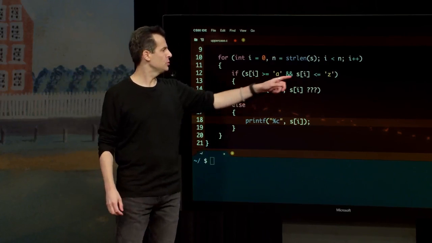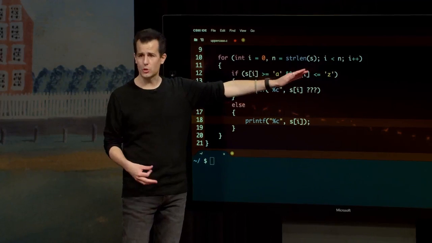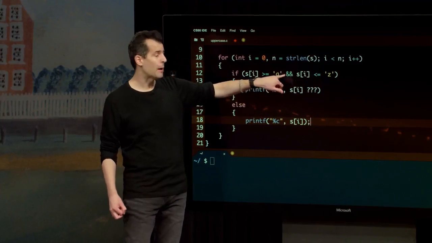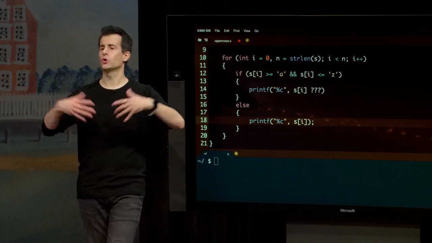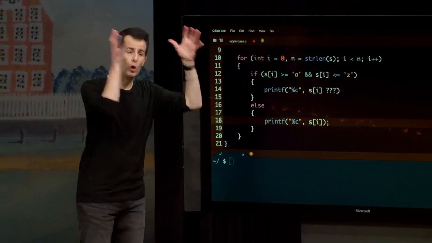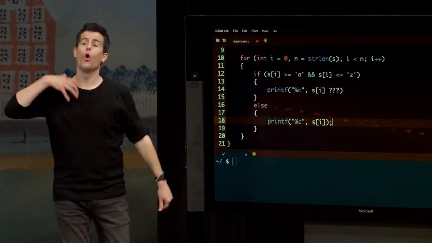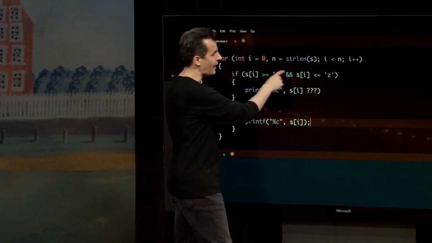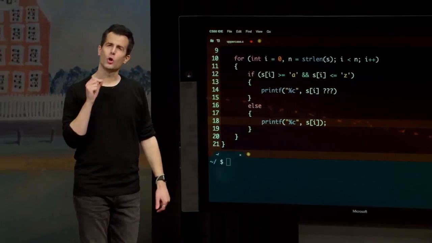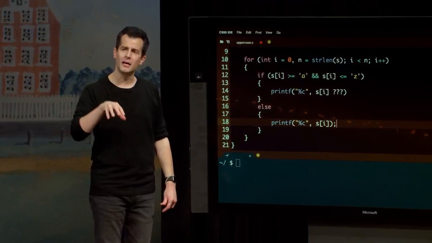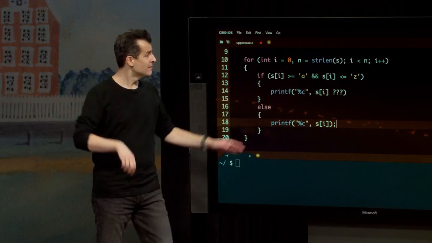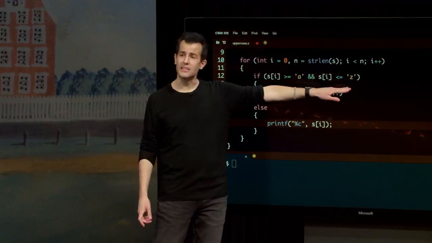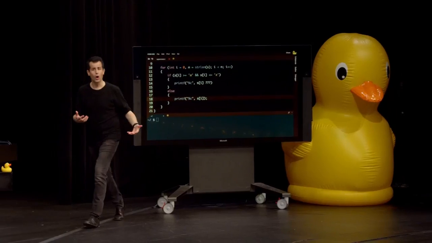Greater than or equal to, less than or equal to. We saw at least one of those last week. That just means greater than or equal to, less than or equal to. I mentioned ampersand ampersand last week, which is the logical and operator, which means you can check one condition and another, and the whole thing is true if both of those are true. This is a bit weird today, but if you want to express is the current character between lowercase a and lowercase z, it's totally fine to implicitly treat a and z as numbers, which they really are, because again,